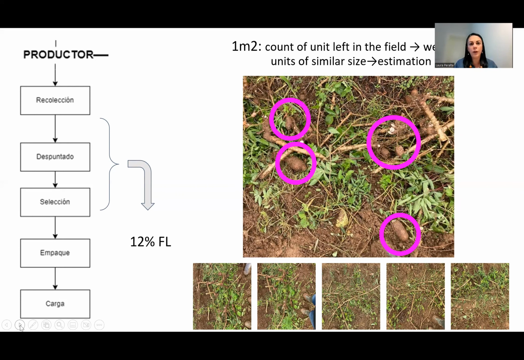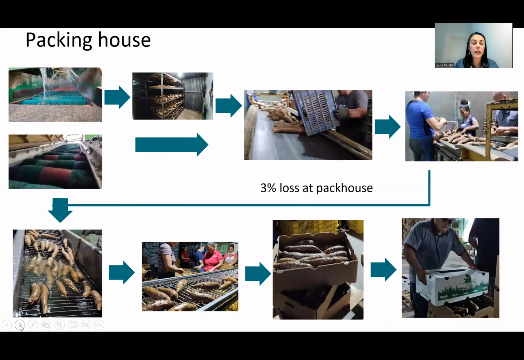So we applied here a very simple method, which was an observation 10 times repeated of 1 square meter of the field, and we tried to count how many cassava was left there, and then we weighed that in order to make an extrapolation or a calculation of what we would have in the field, arriving to that approximate of 12%. If we move in the next slide to the packing house, we can see that there is less loss, 3%,